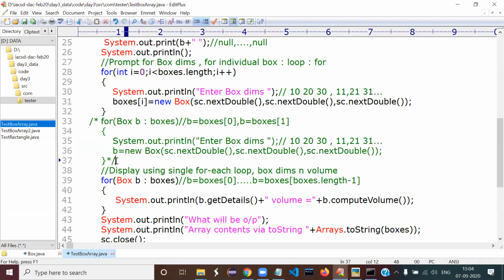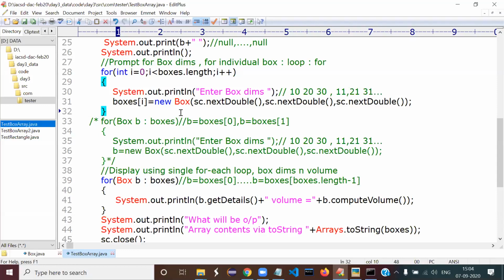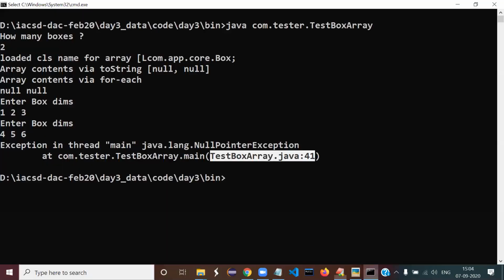Save this. So check in your code. Bring back again the for loop and comment your for each. Done that? Compile it once again. Compilation always goes to SRC.